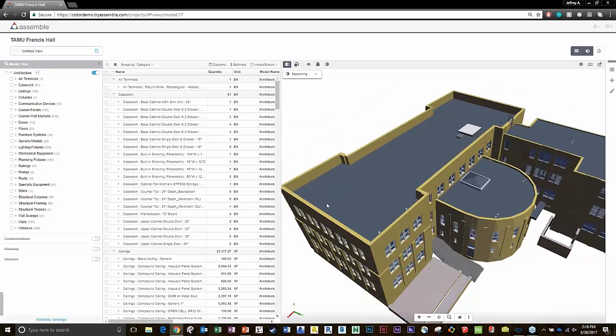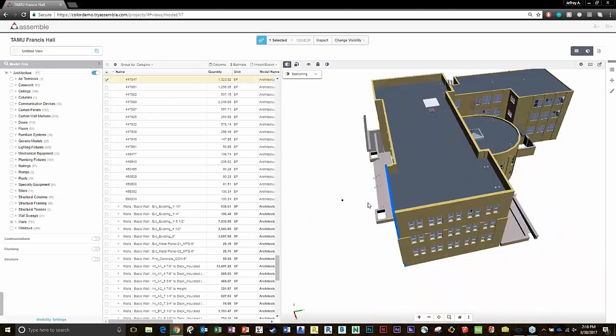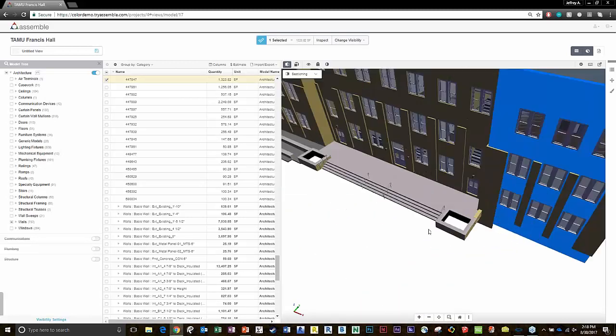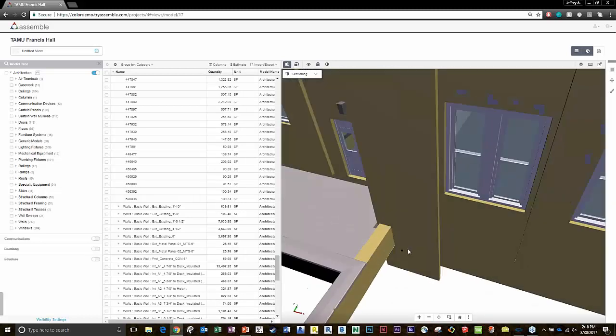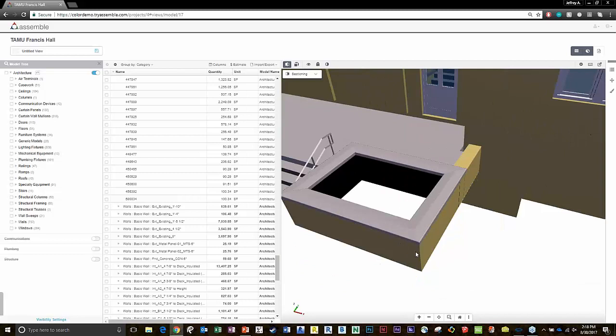Let's say we want to do a wall takeoff, or maybe we're in charge of doing some site walls. If you were doing a site wall takeoff, you're going to go into the site plans, maybe look at elevations, dig through all these different two-dimensional drawings, and try to find these site walls and their areas. So by a brute force takeoff, what I mean is